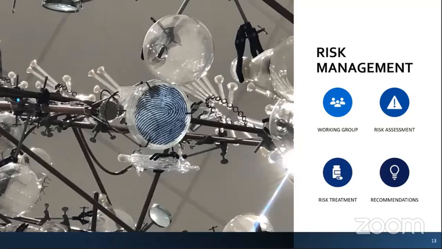And what they did is they formed a working group, and they did an internal review, an assessment of the risks associated at all the various steps of their operations with a particular focus on bias. And then they brainstormed how could they treat these risks, how could they mitigate those risks, and then developed a list of recommendations. This working group was from all across the laboratory, a diverse group of senior scientists in particular, who completed the